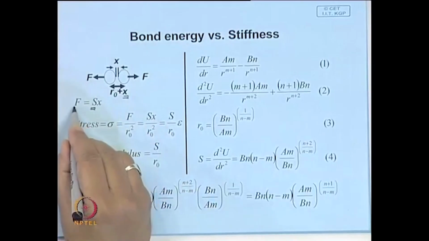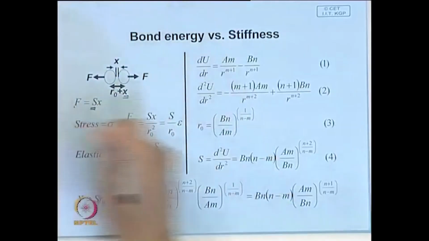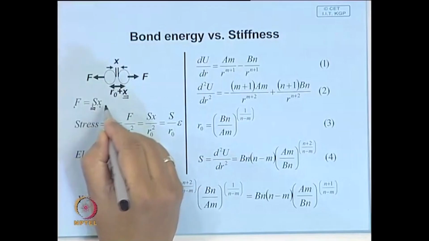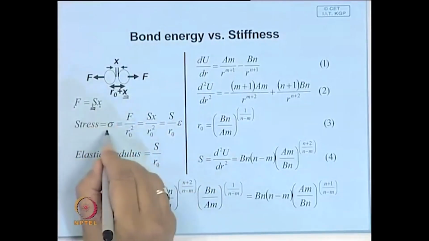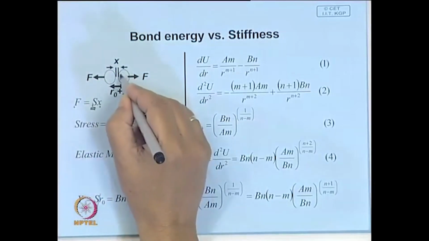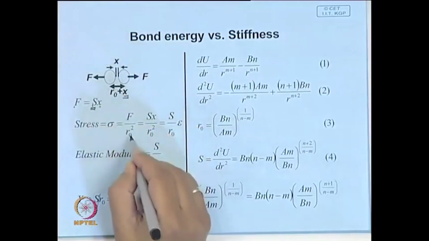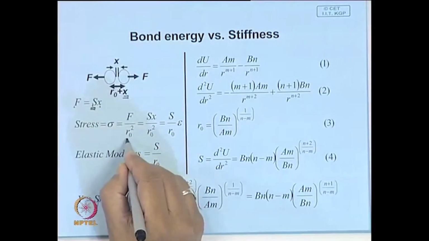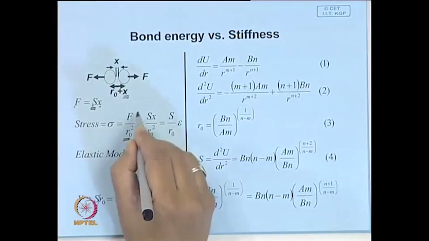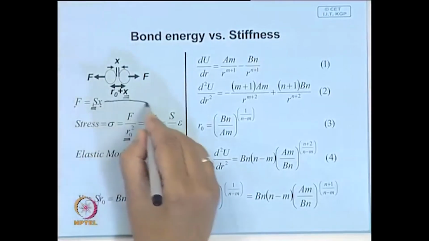Then the restoring force, or the pull which you are applying, is stiffness times x. And stress, we know, is defined as force over area. Assume that the cross section area of this atom is proportional to r naught square. So, F over r naught square is the stress, and therefore, you substitute here,